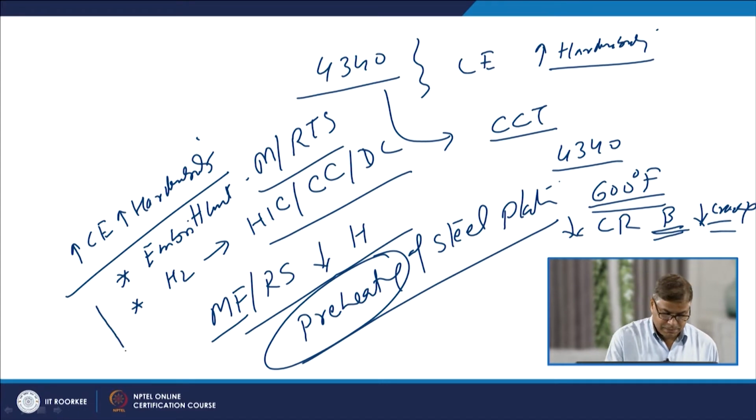So, preheating is basically the main thing, how much preheat is to be given, and what different phases will be formed if preheat is given or not given, since the preheat directly affects the temperature at which the transformation of austenite into other phases takes place, as well as the cooling rate experienced by the plates during that transformation. So, it is important to see what kinds of phases will be formed.